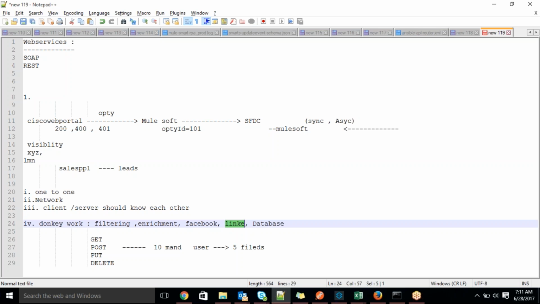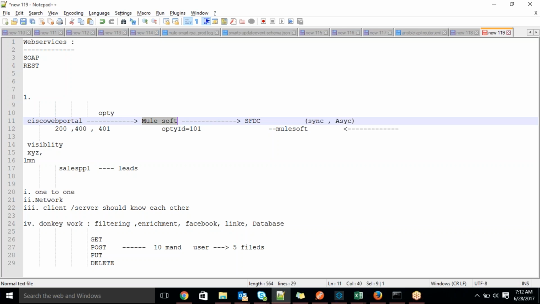Or else, suppose they recently introduced a new technology that doesn't contain any connector to connect from MuleSoft. So they gave a facility to connect using whatever technology you are aware of. Suppose I am an expert in Java, we can write Java code to establish the connection between the two things actually. Suppose you are familiar with some Python script, or else some Groovy script, you can write that script, so we can establish the connection actually. It's kind of technology friendly also. So many reasons it's more popular than other ESBs actually.